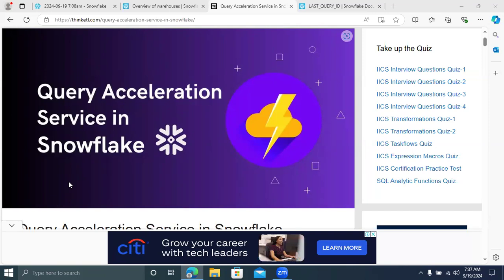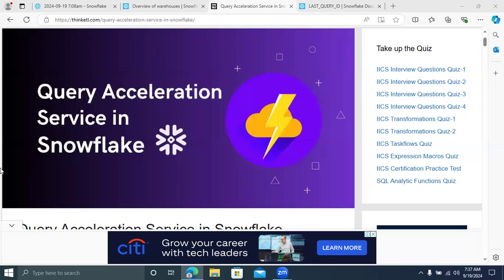In today's session, we're going to focus on query acceleration services in Snowflake. It comes under the topic of performance tuning. It's one of the services in Snowflake.